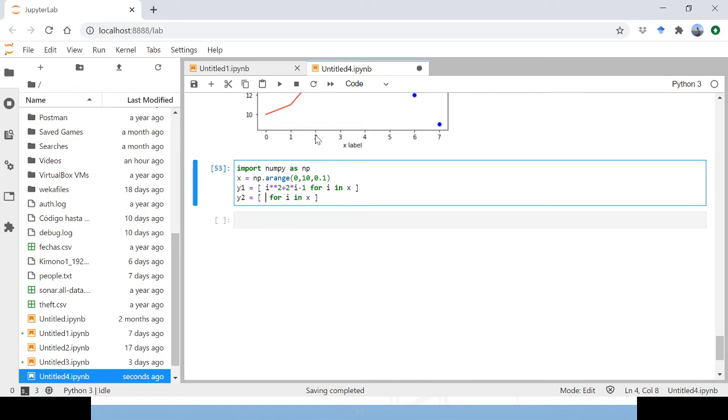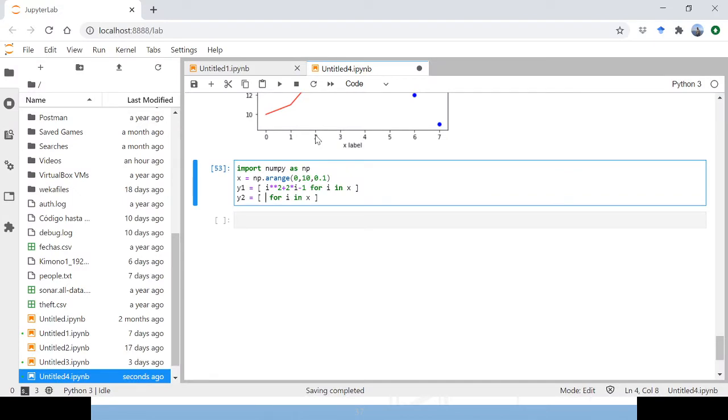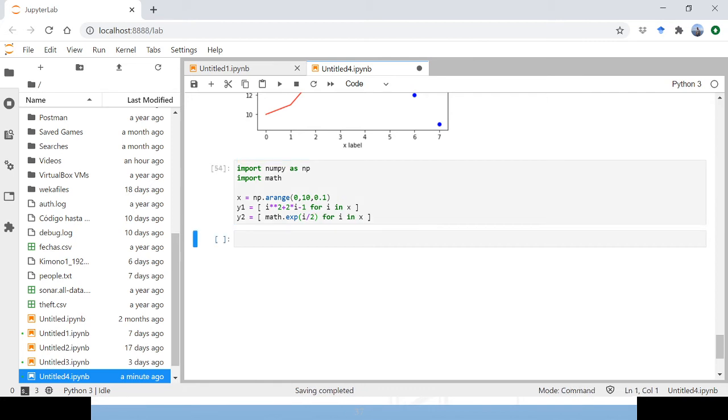To get the exponential function, we can write an approximation by 2.71 or something like this, but we can be more accurate if we import the math library, and we type here math.exp, from exponential, the value divided by 2. Okay, and this gives us